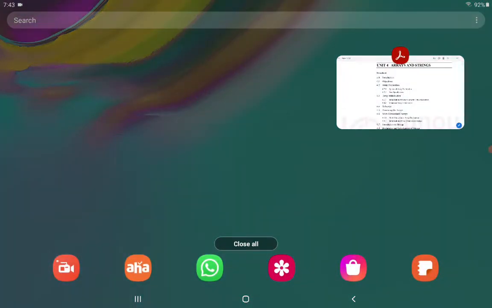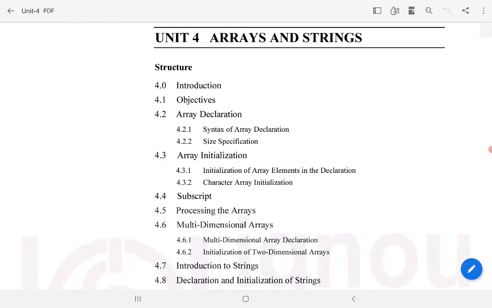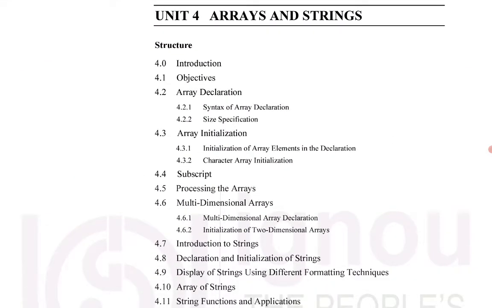So we start with this IGNOU book. Today's concept is arrays, array declaration, syntax of array declaration and size specifications, array initializations, how to initialize an array, initialization of array elements in the declaration, and character arrays.